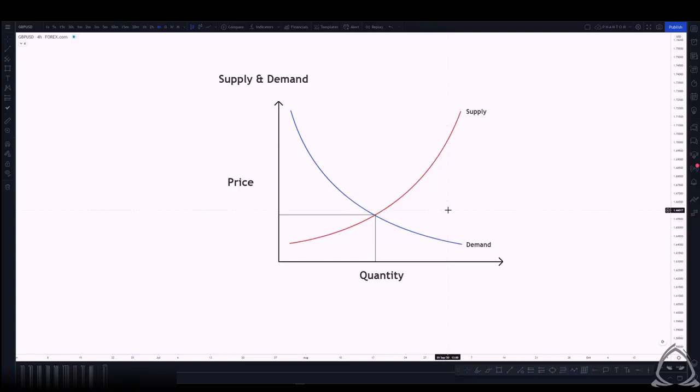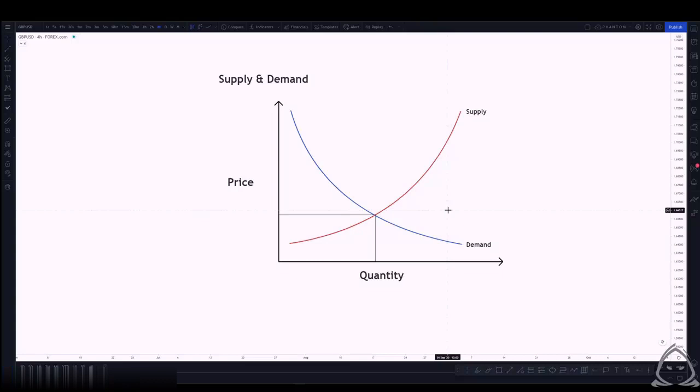You can also look at this for PS5s when they first came out. The supply was relatively low, but the demand was massive. So people that could get their hands on PS5s, a lot of them being scalpers, ended up selling them for atrocious prices because there was such a high demand. People were willing to pay well above the fair market value for that.